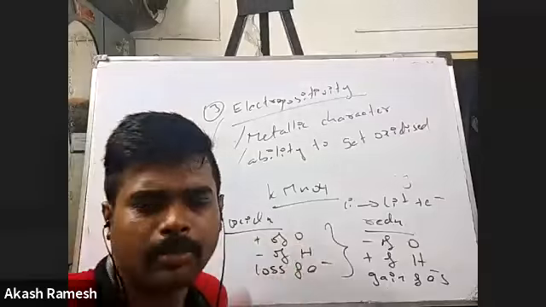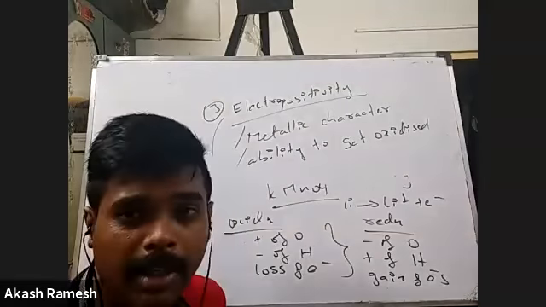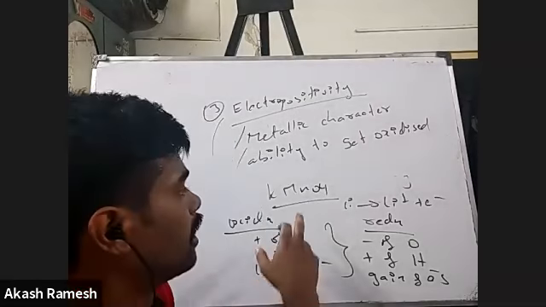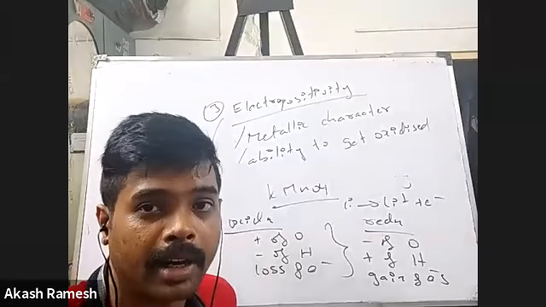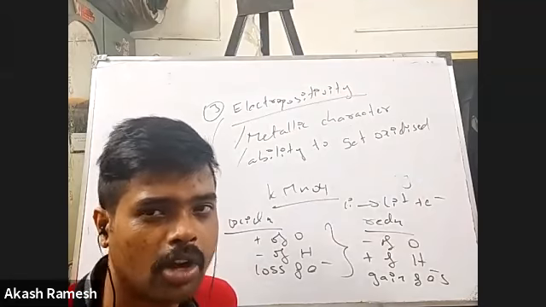You must have seen it in your labs, maybe. It will be purple in color. So this KMnO4 would have been purple in color. This is one of the very strong oxidizing agents, right? It's one of the very strong oxidizing agents.